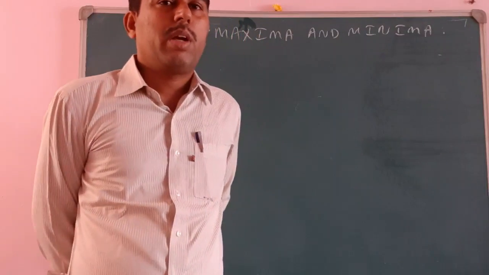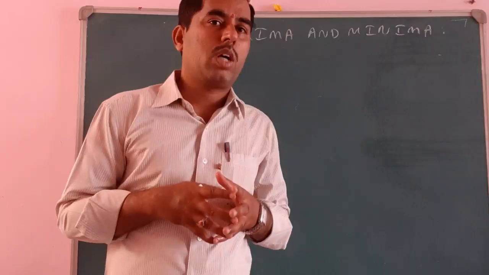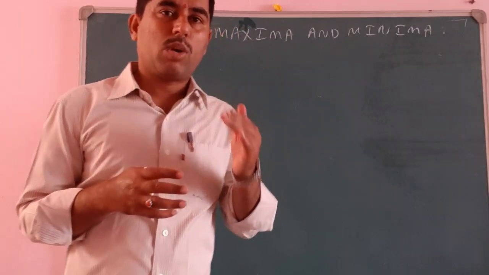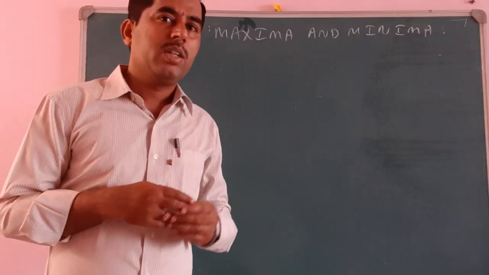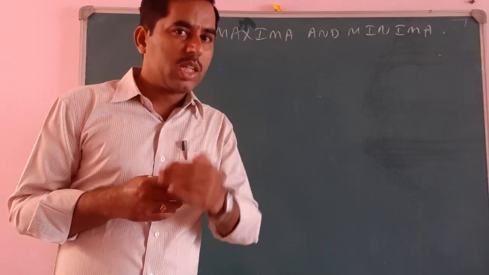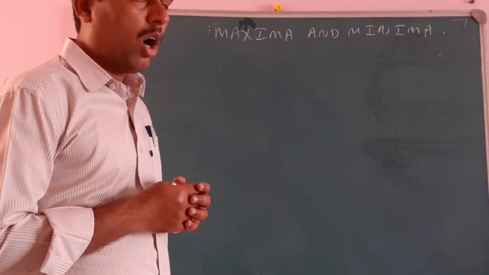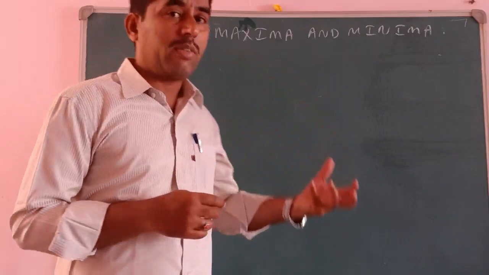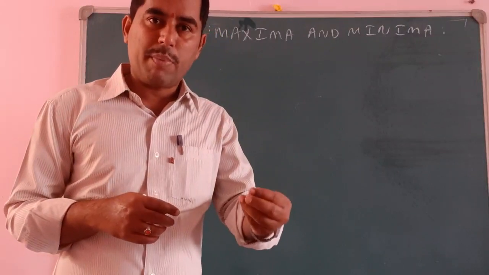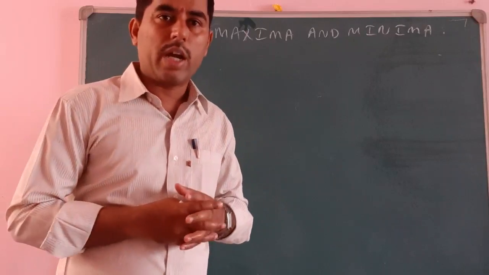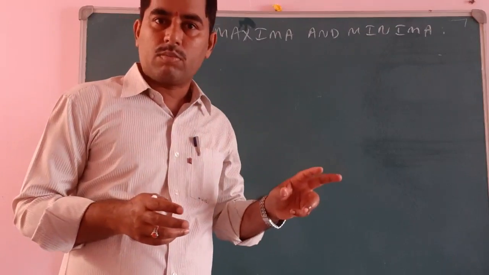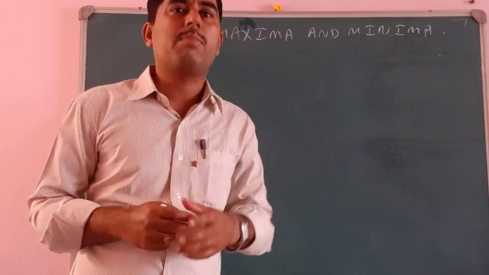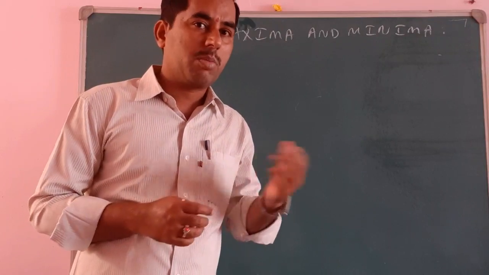In the previous class we discussed the concepts of maxima, minima, point of local maxima, and point of local minima. What are the things we have learned? How can we decide whether this is a point of local minima or local maxima based on the derivative? First order derivative. So the first order derivative says there are two important points we have discussed in our previous class.